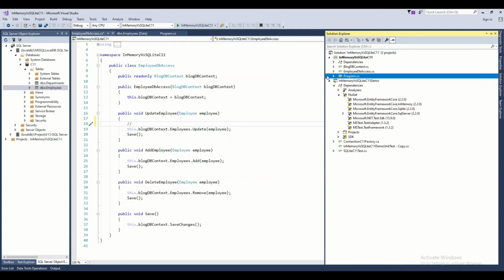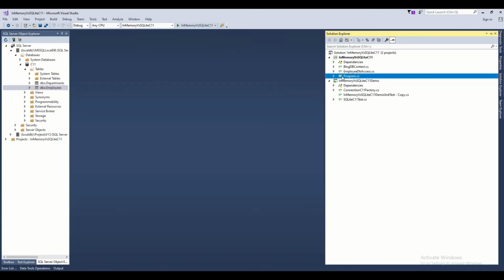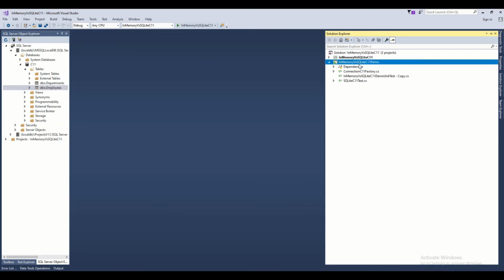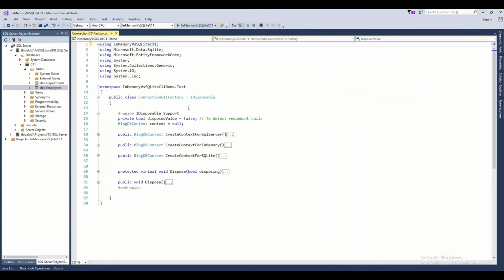The code I have already developed. I will show you step by step how we can do that. This is my test project here, and as I mentioned, I have added the same libraries. The most important ones here are SQLite and .NET Core. These two you should add to your test project. And here this is the connection factory, the class I have created. In this connection factory,